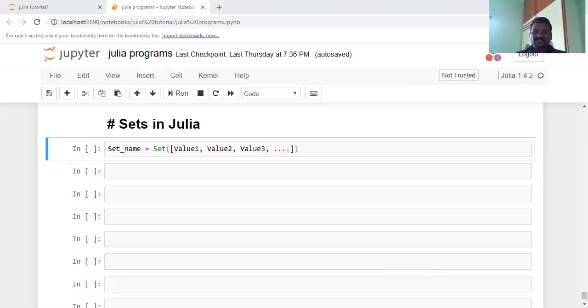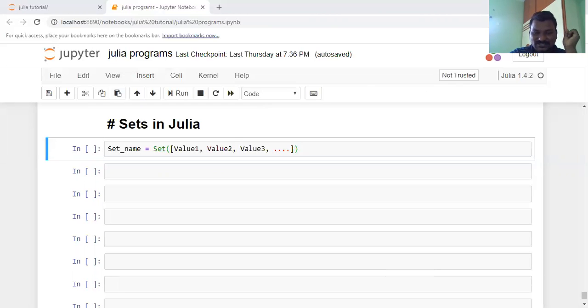Compared to a tuple, which is immutable, that means you cannot change any value in a tuple, but sets are mutable data types, which means their values can be altered, deleted, and overwritten.